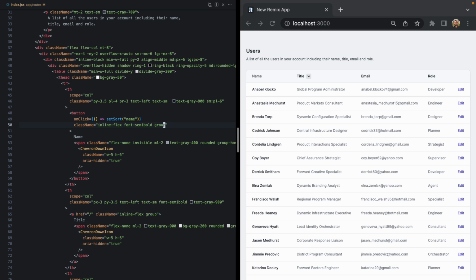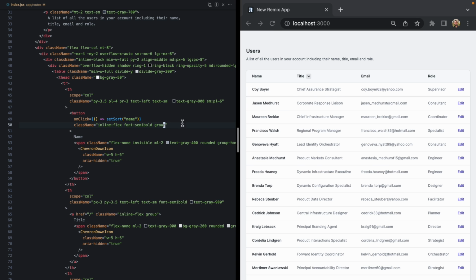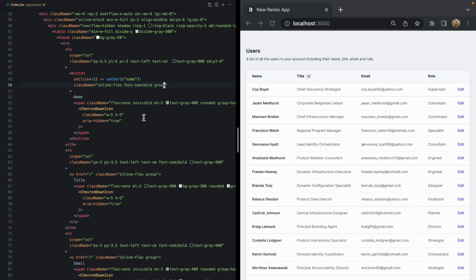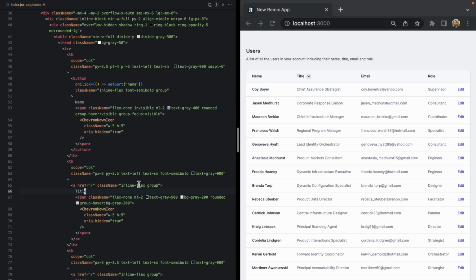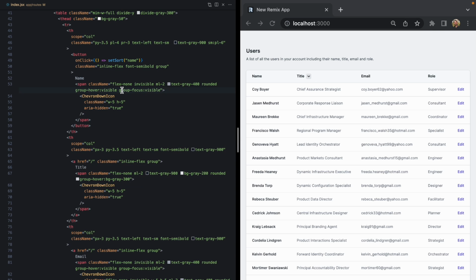So we'll just move this to the button. And then let's add some conditional styling based on whether we're sorting by this property. So we'll see in the example here, it has title being sorted. And if we just wrap these properties, we can see our name has some different properties: invisible, text gray 400, whereas the active one should be text gray 900, background,